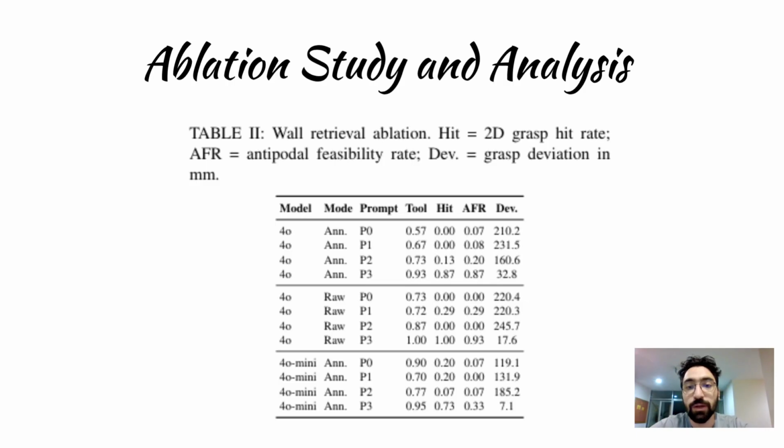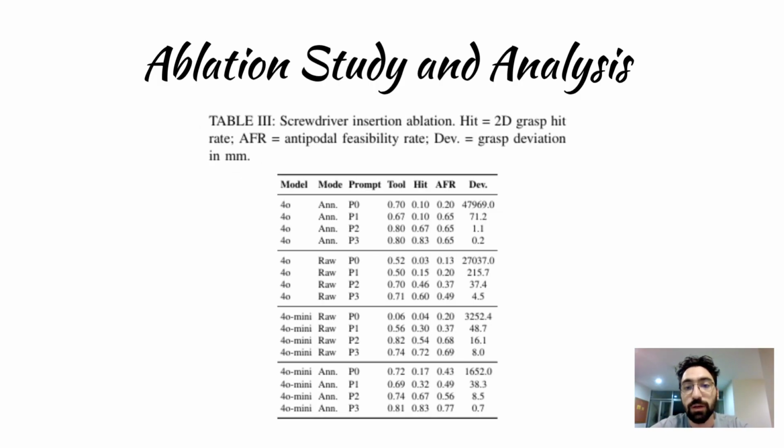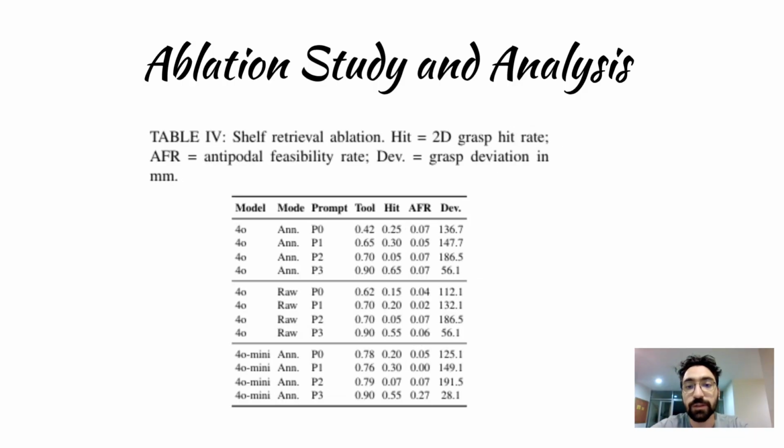In wall scenario, P0 and P1 completely failed with a 0% hit rate. However, adding coordinate hints in P2 and P3 boosts the hit rate to 80% and slashed variance from 290 millimeters to just 21 millimeters. In screwdriver scenario, P3 was the standout, achieving a perfect hit rate and 0 mm variance in the first two scenes. In shelf scenario, surprisingly, P1 was our worst performer, failing